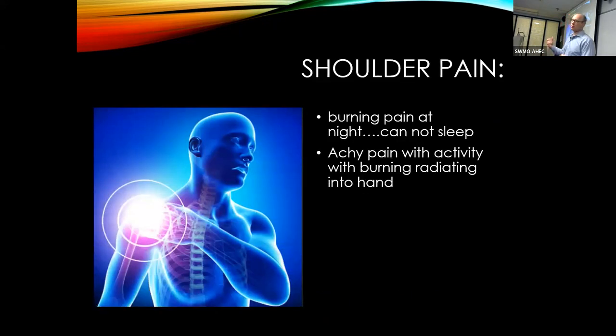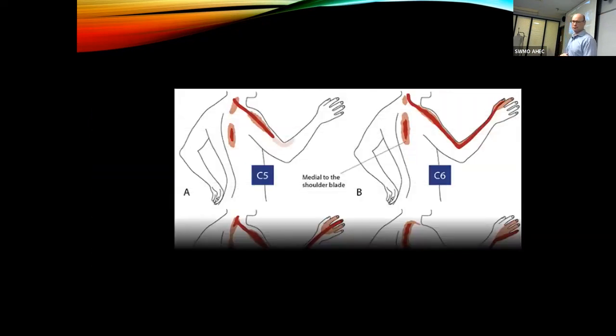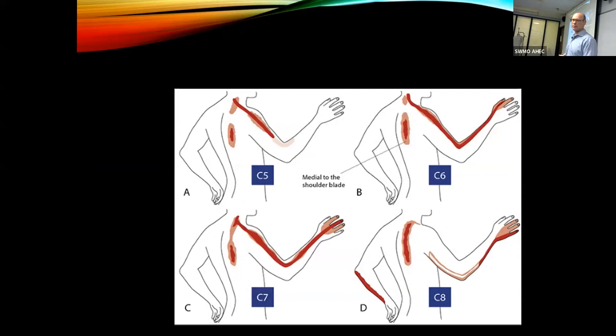Okay, this patient has shoulder pain again, burning pain at night, cannot sleep, achy pain with activity, radiating into the hand. Sounds very, very similar. I really like this picture because it's so true. I see a lot of patients with mid-back pain, thoracic pain, shoulder pain. Those are all the same thing. If you look on that back,